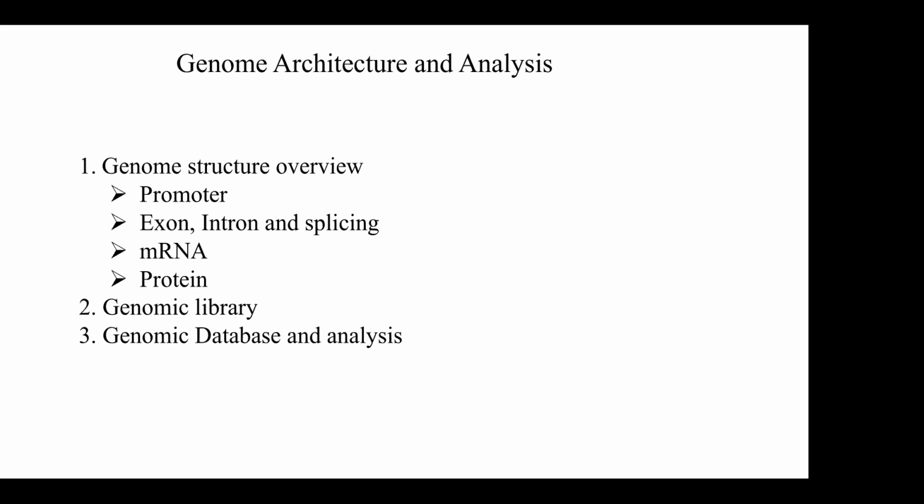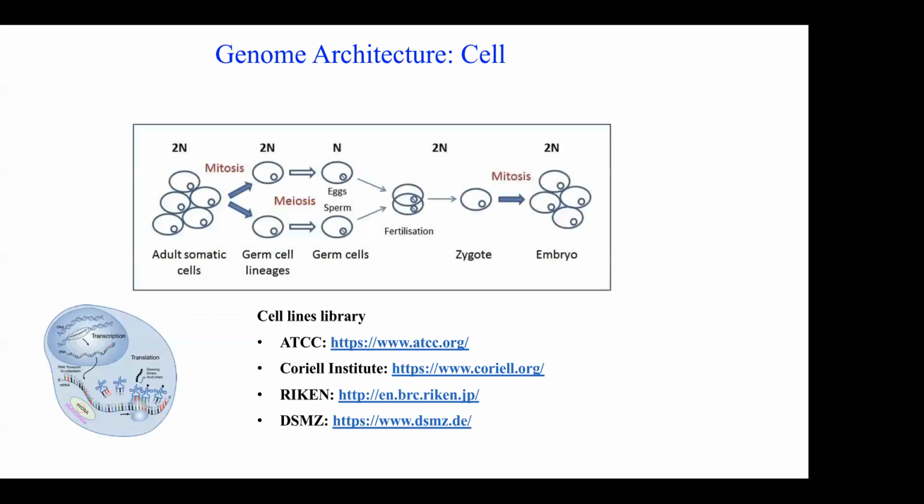And I will also show you how you can analyze your gene or find your gene by using this database or the website. So I'll go from a basic introduction. If you see the cell, the somatic cells, you have a nucleus and also you have the mitochondria. So in the nucleus, you have the majority of the genome, the chromosomes. In the mitochondria, you have a circular DNA. This is the mitochondrial DNA.